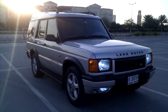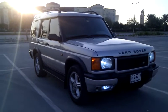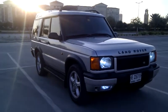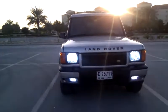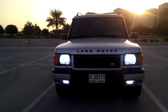Hi and welcome to this Autoemotional presentation for what must be one of the most attractive Land Rover Discovery Series 2s available currently for sale in the whole of the UAE. As you can see, the vehicle is presented in a bronze silver metallic and has had a complete overhaul in